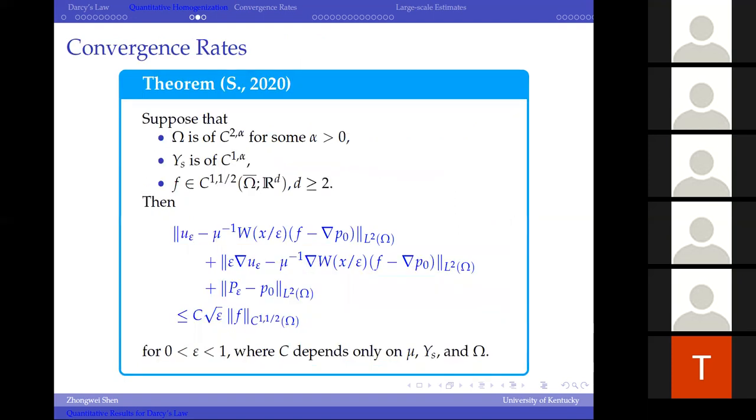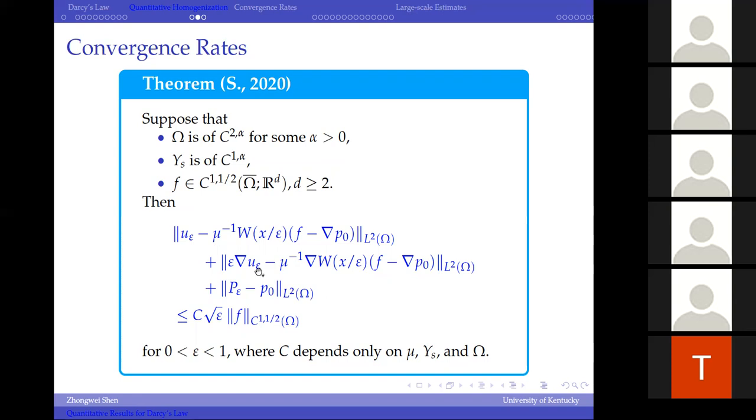So here's the theorem on convergence rates. We are assuming the domain omega is C^{2,alpha} for some positive alpha. We're assuming the obstacle is C^{1,alpha}. We're assuming that the right-hand side, the function f, belongs to C^{1/2} or C^{3/2}, and the dimension is greater than or equal to 2. Then we can prove that the convergence rate for the solution, u_epsilon, and also the